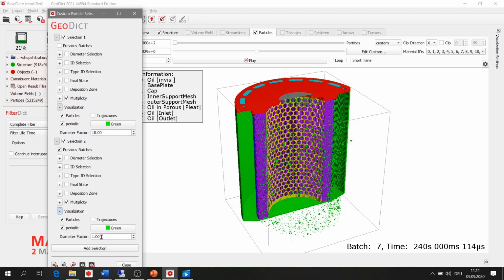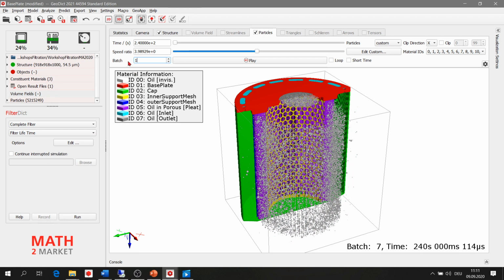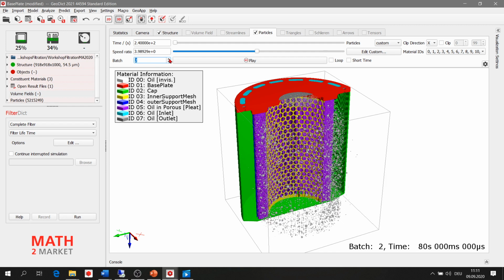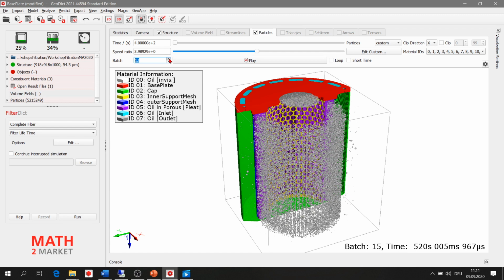Again, visualization to 10. You can change the color of the particle from green to gray. Then if we go from the first batch and then click further, you can see the final position of the particles which are filtered through the media of the pleat and later as a cake on the pleats.